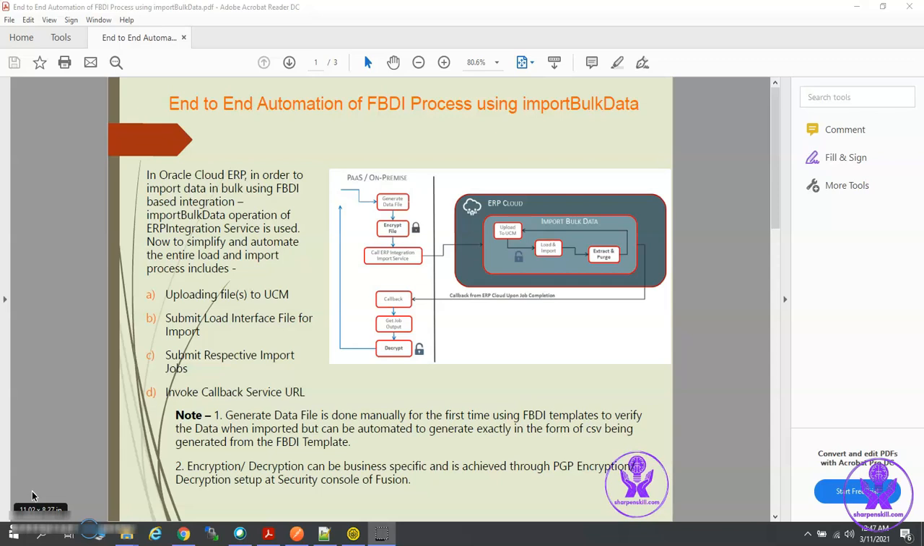That includes uploading files to UCM, submitting the load interface file for import, next submitting the respective import jobs, and invoking the callback service URL. As you can see in the diagram,